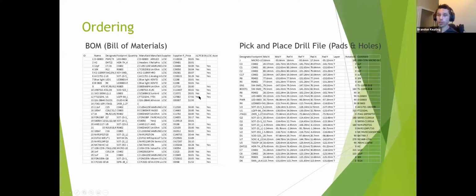So ordering, I'm going to show you an example of this in just a minute, but these are 2 of the 3 pretty large files that you need for ordering. The first one is a BOM, and this is just a list of every single component that's going on there. For these boards, we are ordering from LCSC, and we got the assembly from LCSC too. Here, a little bit cut off, it'll tell me which components will be assembled and which ones won't be. You can see the footprints, the 3rd column, are all filled up so that it knows exactly what pads to put on my board, so I won't have a hard time soldering. It knows how many of each thing that I need,